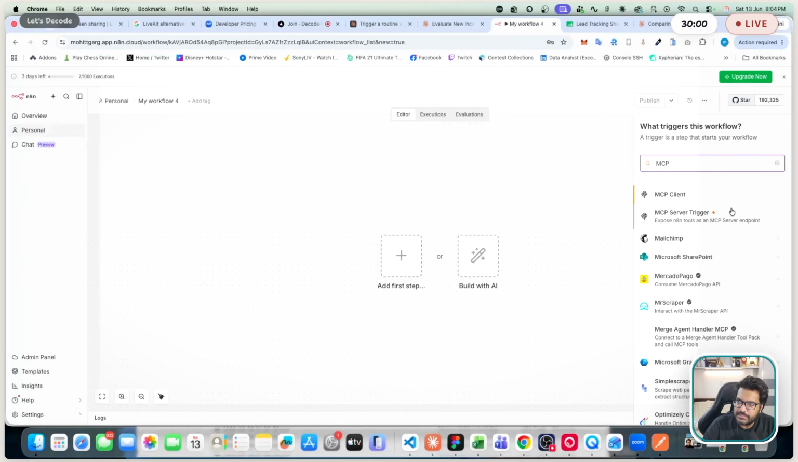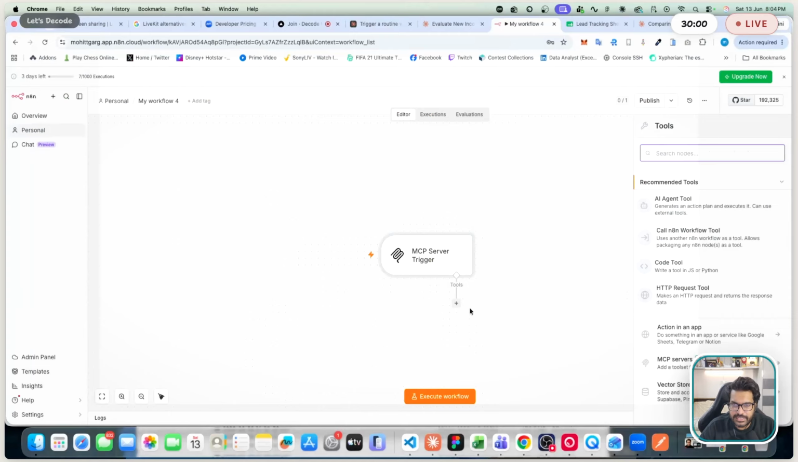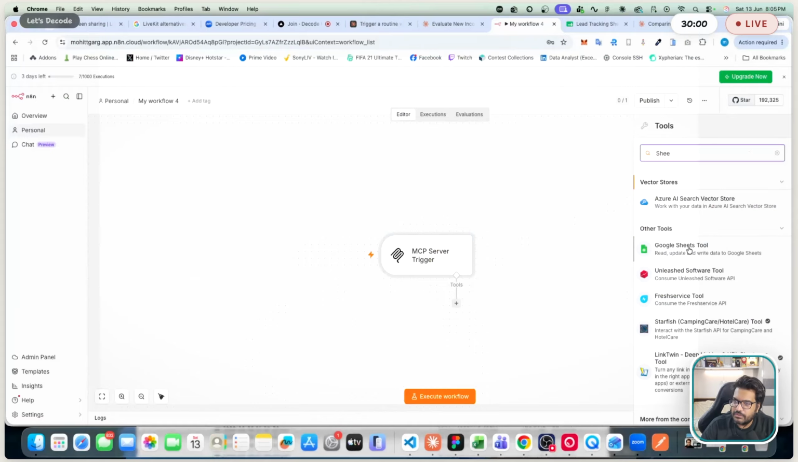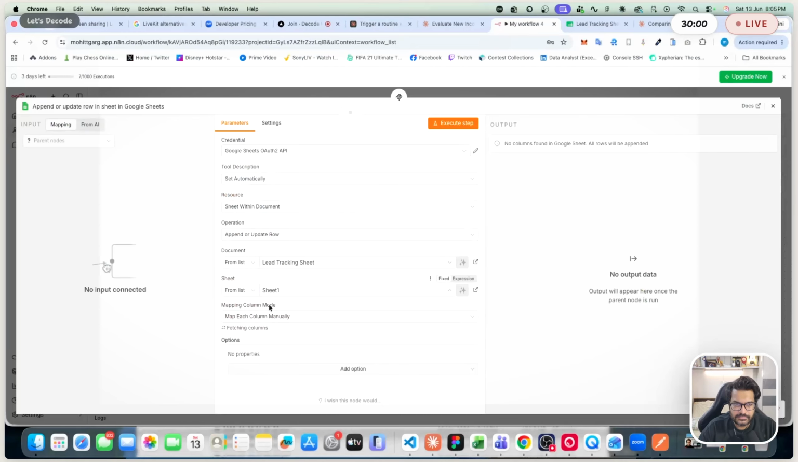So I'll just put the MCP server trigger here, and this is fine. We don't need to do anything in here, just click on next and click on this, and you can go to Google Sheets tool, and everything in this is fine. What we need to do is pick the operation, which is append or update row. So we will append new rows in the Google Sheet. Here we can pick the lead tracking sheet. In the sheet we can put Sheet 1,